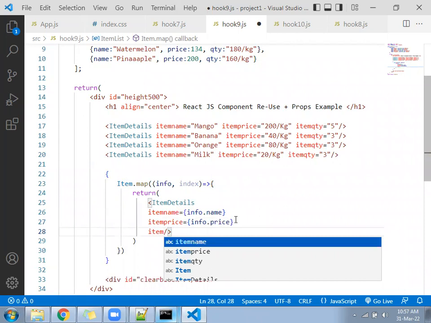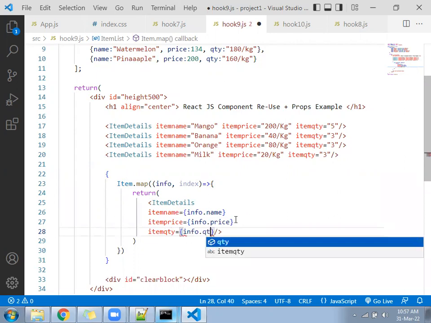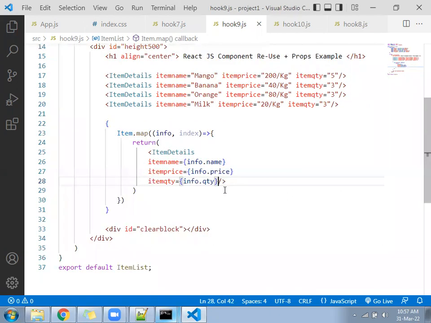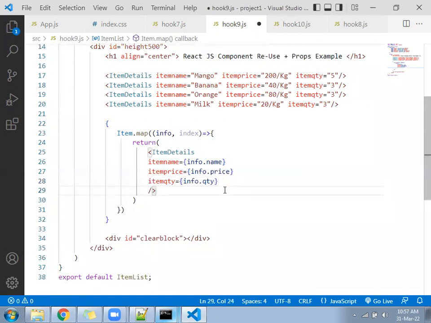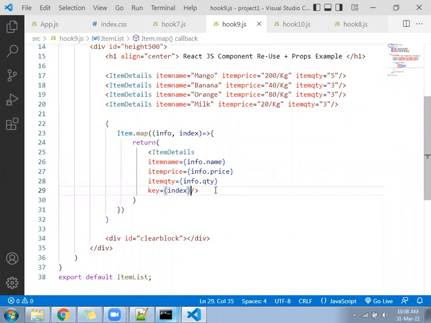Item qty equal to info dot qty. And you can use here one default property as a key. We have not made it, it's a default property as a key.